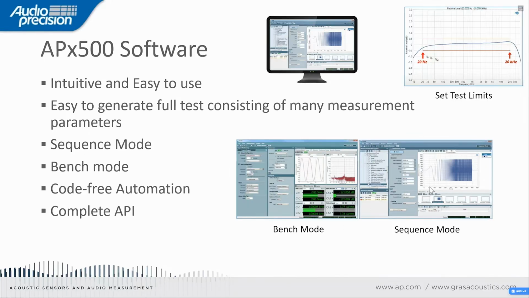So we can say that the AP software is one of the most advanced audio measurement interfaces available in the market at the moment. It allows very complex procedures, including user prompts and measurement limits, as we can see here, some measurement limits. We can call for external applications,